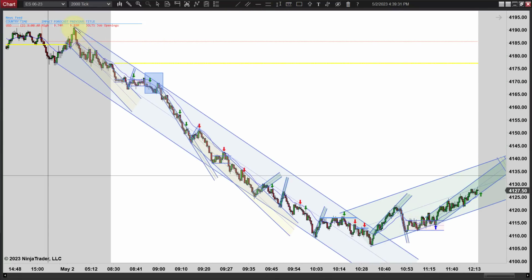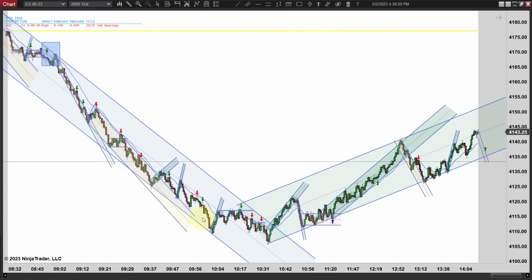From, let's just say, the close yesterday, by the time you get down here, you dropped 70 points straight down almost, and really we opened at 8. Most of the drop started at 8:30, and it's not even 2 hours into the day, and we've dropped 70 points. So the further you get into that trend,